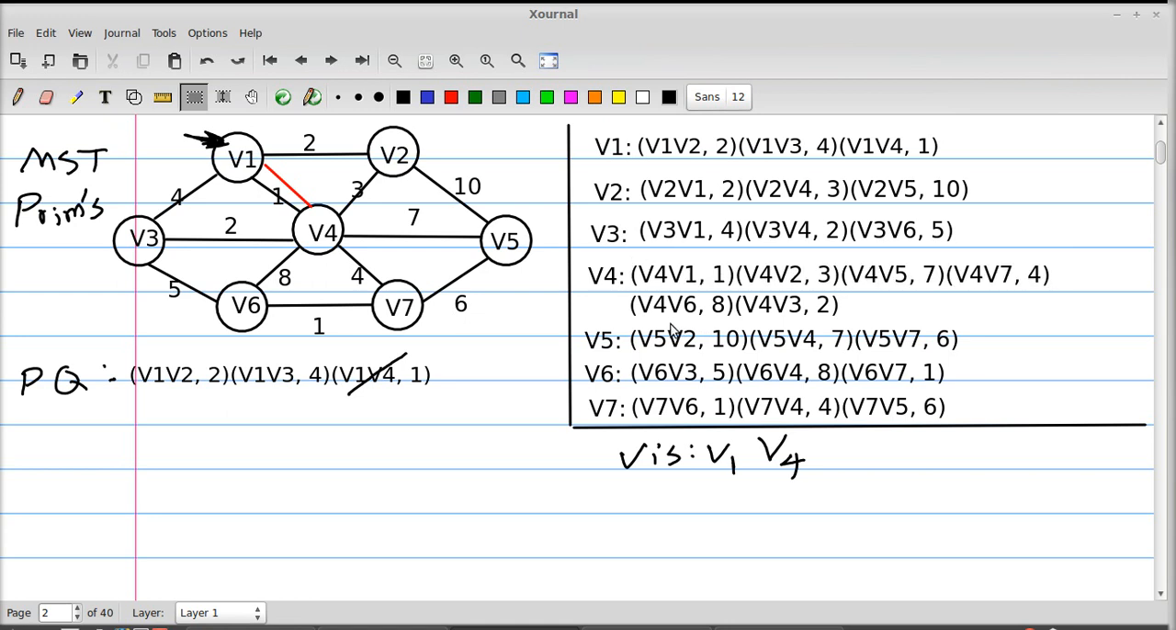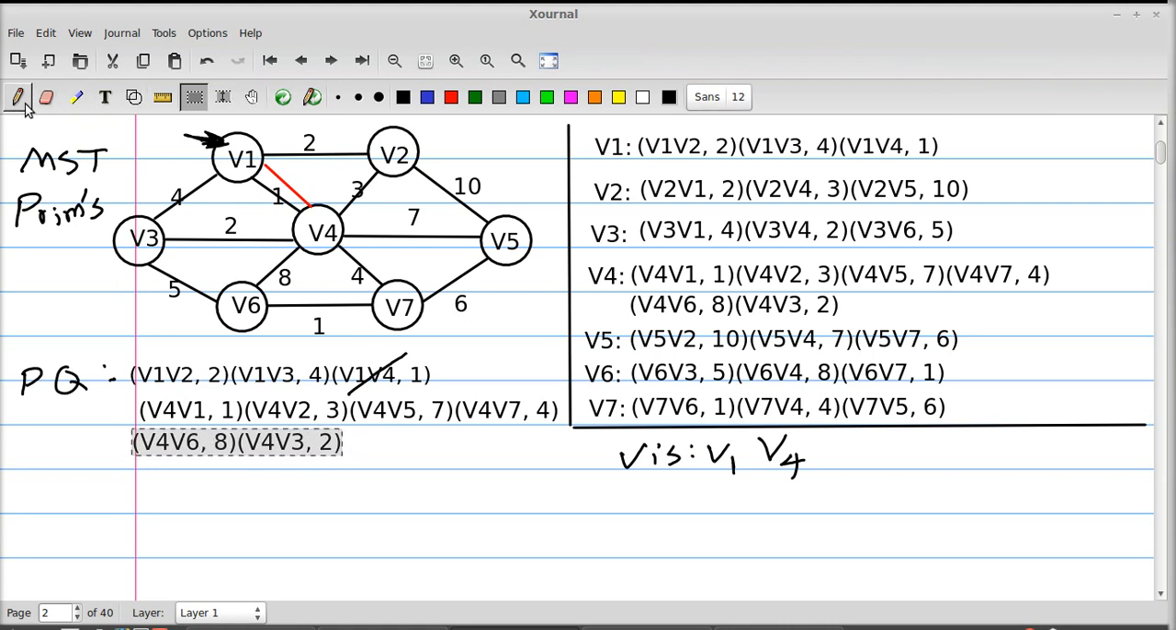So this list is added to our priority queue, and also these two are added to our priority queue. Now the next smallest element that we take out of here is going to be v4 v1 with the weight 1, and v4 v1 has already been visited, so we're not going to consider this one. We go to the next smallest, which is going to be v1 v2. v1 is already visited, but v2 has not been visited, so we're going to add v1 v2 to our MST, which is going to be this edge right here,